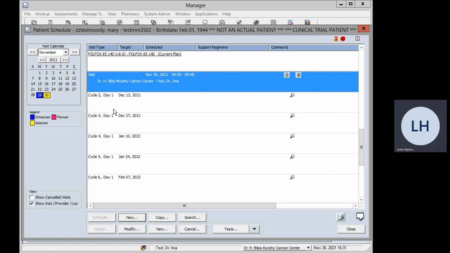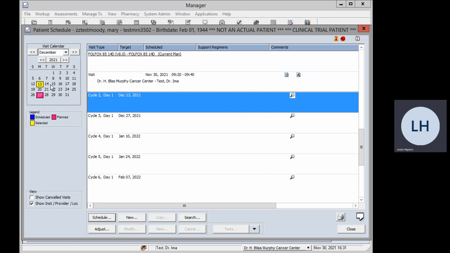So this will show you any appointments that have been booked within the cancer center, and will also show appointments that have been filtered over from Meditech. So this here can show you through the calendar what appointments there might be. So if you look at November, the blue means that there's two days where there's scheduled appointments, and you can